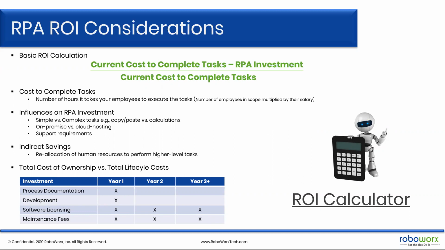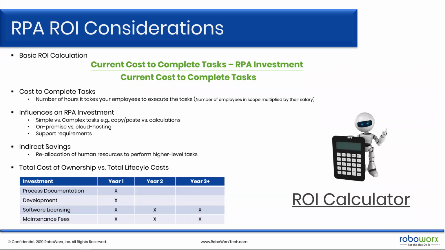Last point, and then I'm going to show you the calculator real quick, and then I'm going to open it up for questions. But just like to make sure everyone understands how the ROI gets better and better every year, right? And why is that? It's just your total cost of ownership, your cost the first year versus the total life cycle. So in year one, you've got 4 sets of costs. The documents have to be processed. It needs to be developed and coded. There's software and maintenance fees.